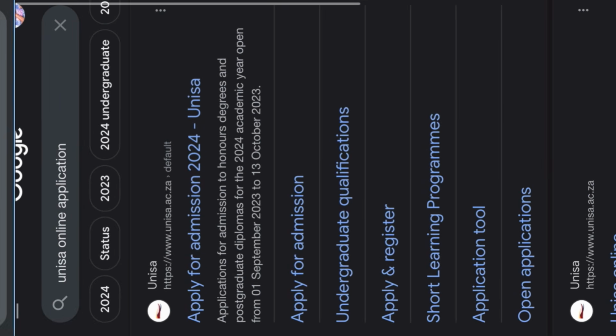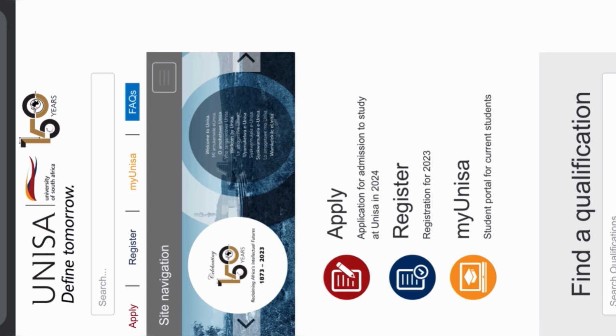You are going to click here on apply for admission 2024-Unisa. Then after clicking that, you'll be led straight to the Unisa application portal where you will have to apply. So this is the Unisa portal that you are going to be led to. The thing that you're going to do is click apply. You click on apply, then it's going to load to the next application page where you will have to proceed